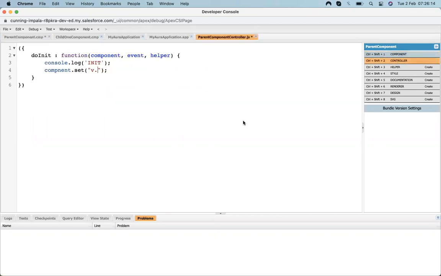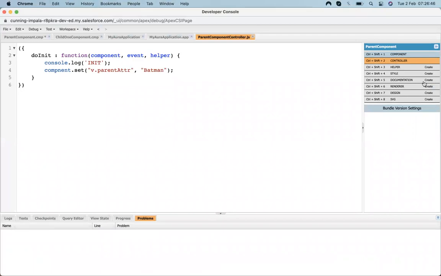Once the component is loaded, it will change its value with component dot set.